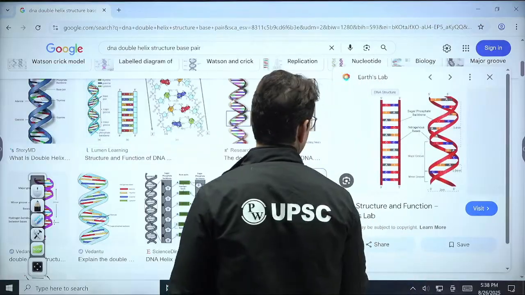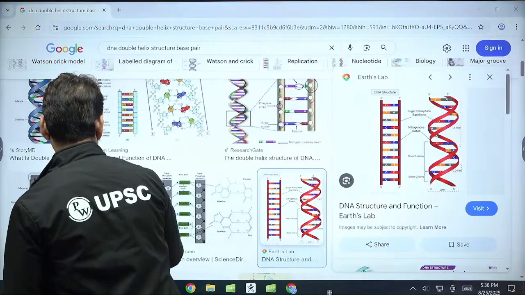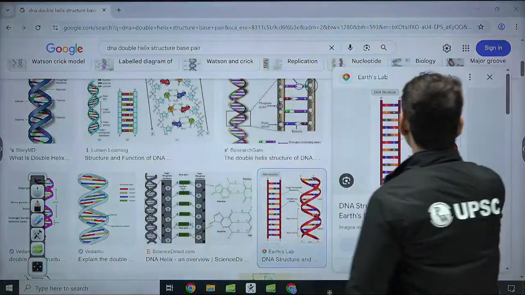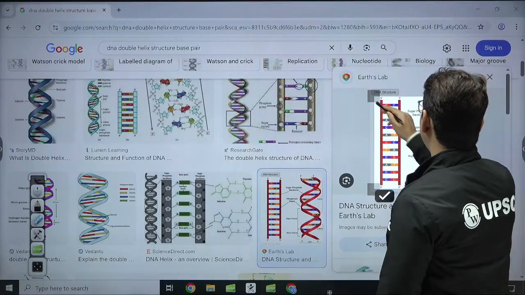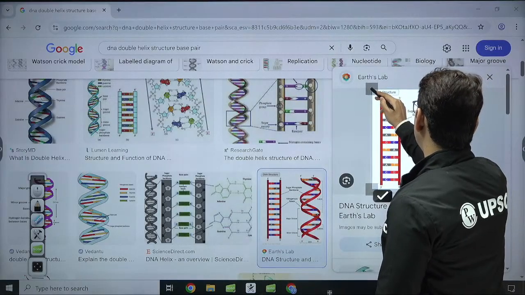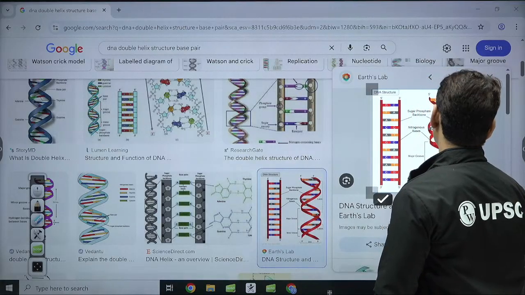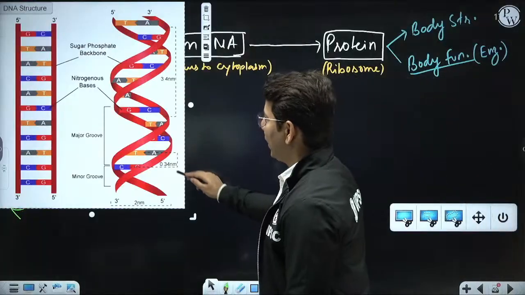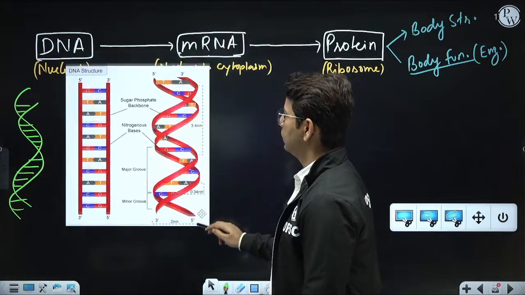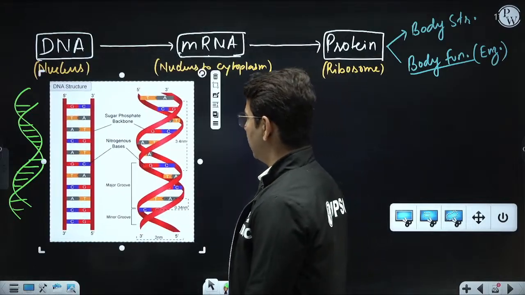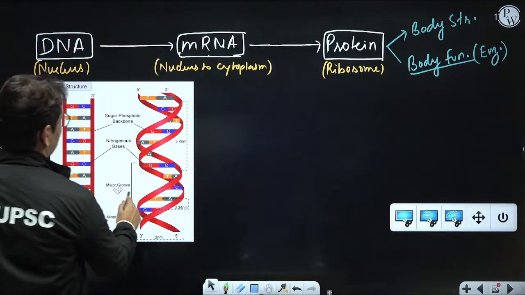Okay, I got this. This is how the DNA looks like. Okay, fine. We got this. Forget about everything, but whatever I'll tell you here, you need to understand. So what I made over here, this is your DNA structure, right? What I have made over here, if I could cut it further,